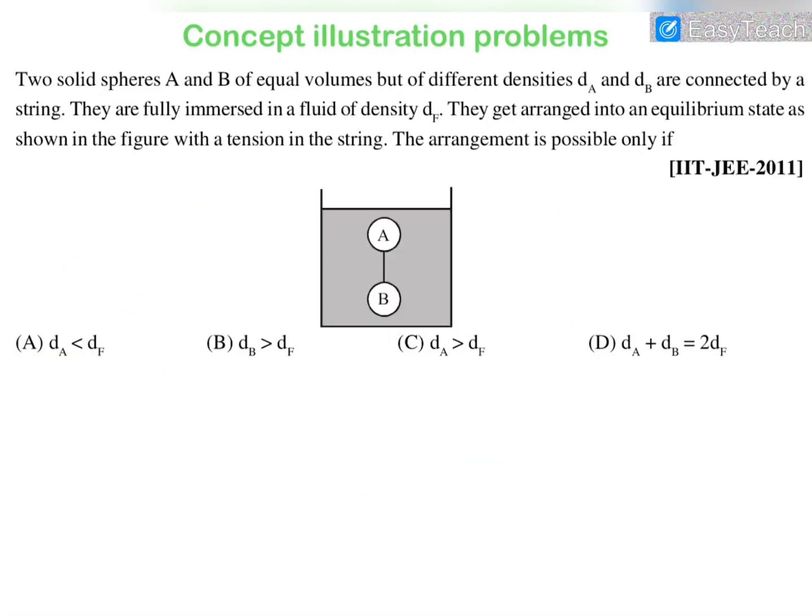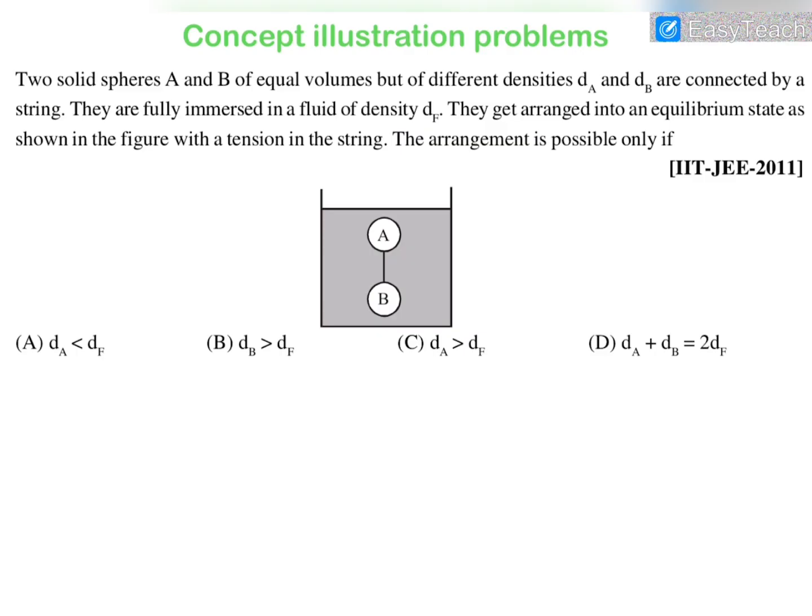In this question, you can see that there are two solid spheres A and B of equal volume but of different densities. These are immersed in a liquid of density dF, and these are connected by a rope. Now this system is in equilibrium, and this rope is taut. So we have to choose the correct option. So first of all, we know